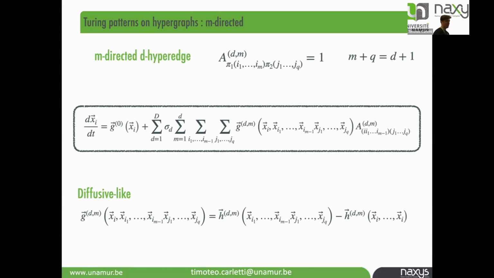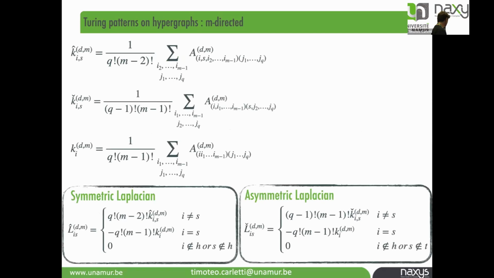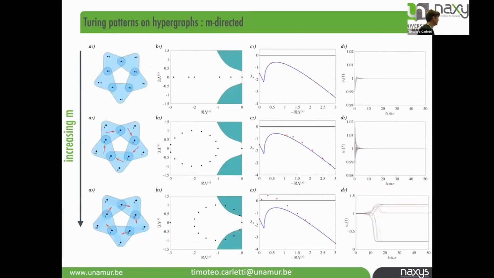So this gives you two different matrices, the matrices that are here, where the matrix L-hat, as I call it, is when i and s are both in the head of the hyperedge here, and so it's just a sum of the contributions from all the possible ways these two nodes are in the head. While there is an asymmetric part, which is this L-check, where now i is in the head, while s is in the tail. So this is, I think, the first time that these two matrices have been brought to the fore. And what I can do again is to study the emergence of Turing patterns on directed hypergraphs.